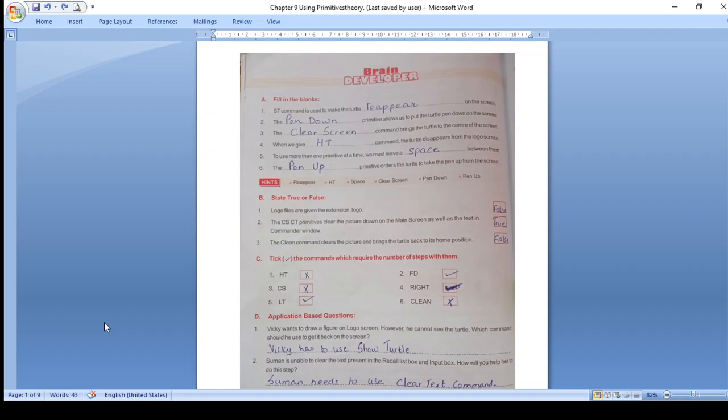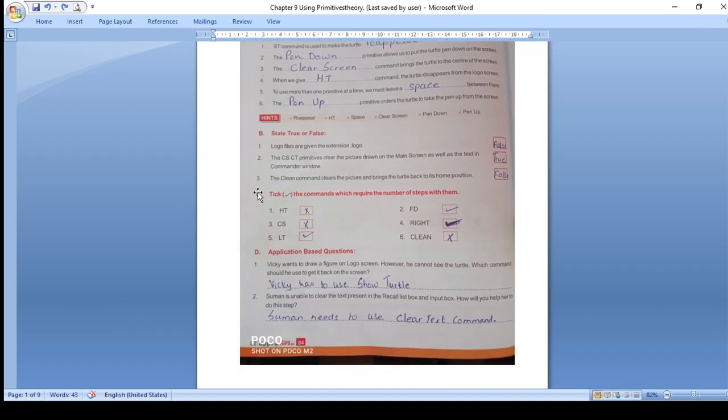Then right, the same way as left. If you want to move the turtle to the right, then you are supposed to give the number, right? So you have to tick number 2, 4 and 5. It is correct. We specify the number with number 2, 4 and 5. Number 2 is FD, number 4 is right and number 5 is LT. Hide turtle, clear screen and clean command, we do not specify any numbers, right?